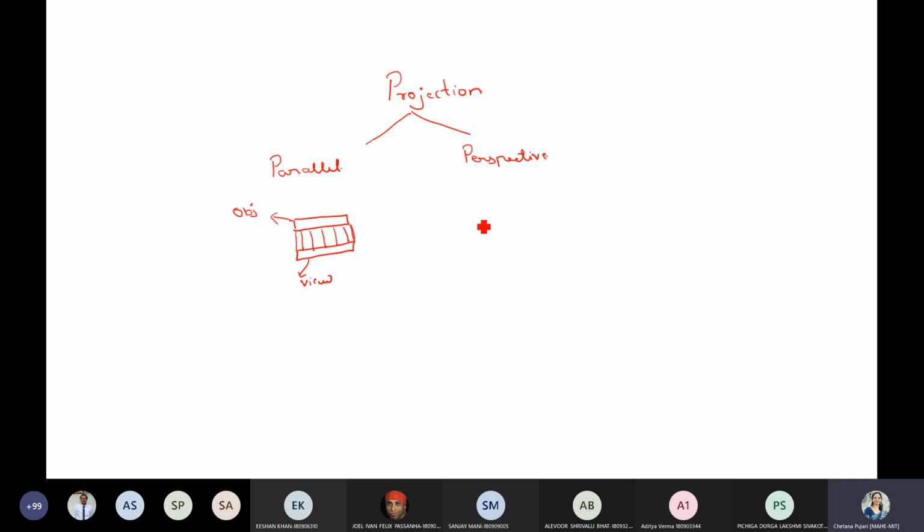Whereas when you go for perspective, the lines will be approaching a specific or fixed point. Say for example, this is the monitor on which you are going to display your image, and this is a projection reference point. And again we'll consider the same object.